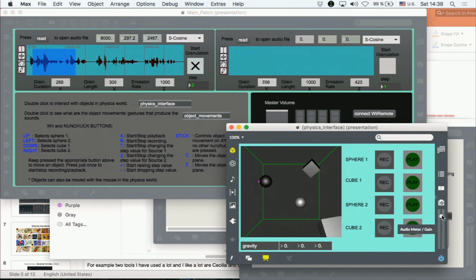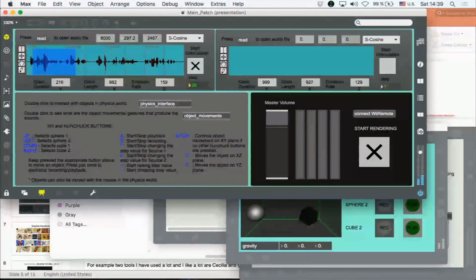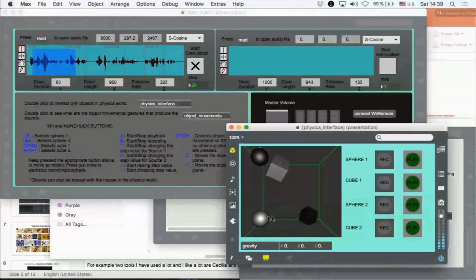So, no sound. Let me change the step just to see if anything interesting happens.